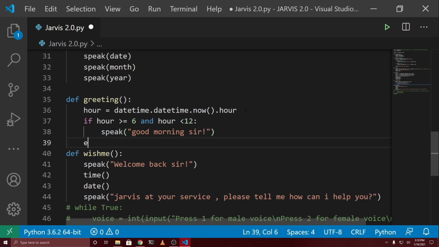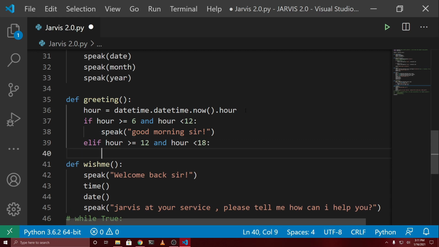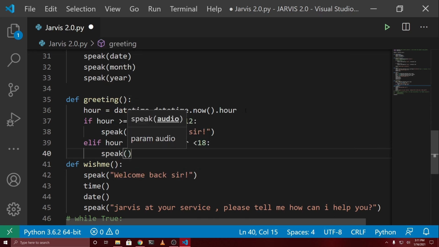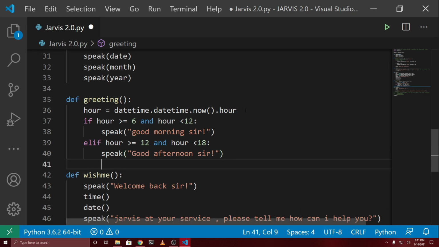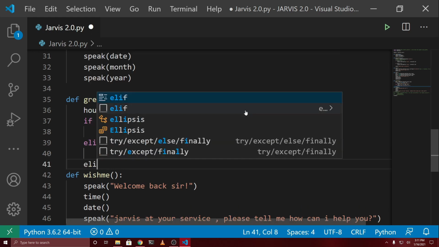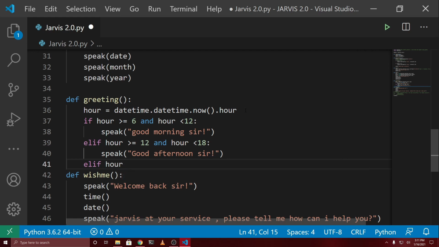And in the next line we will add an else statement using which we can again compare this hour variable, and we will do hour is greater than equals to 12 this time, which is 12 p.m., and at the same time the hour should be less than 18, which is 6 p.m. So if the hour is between that, we want our AI assistant to speak good afternoon sir. And again we will add another else statement, and inside this else statement we will again compare this